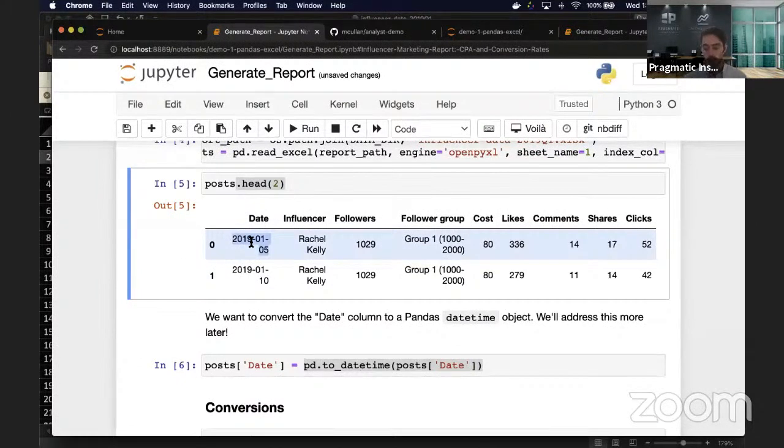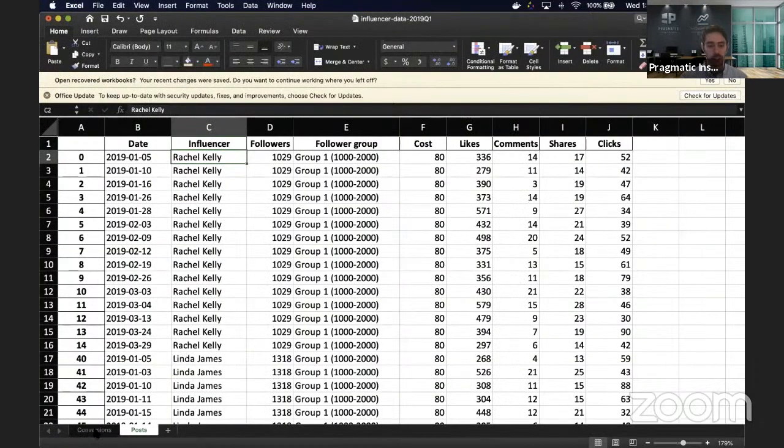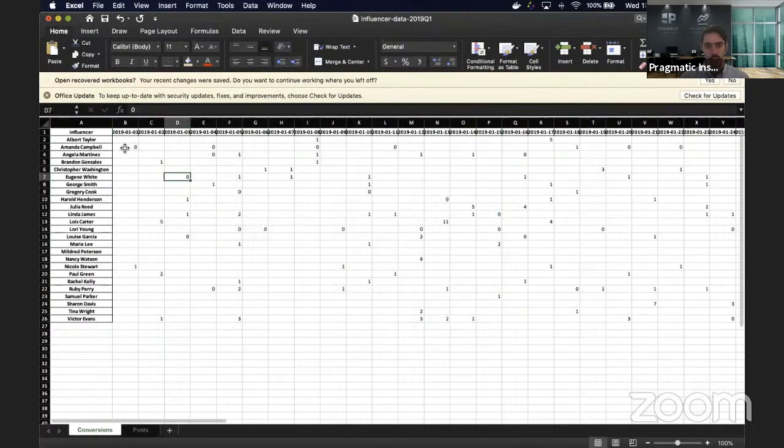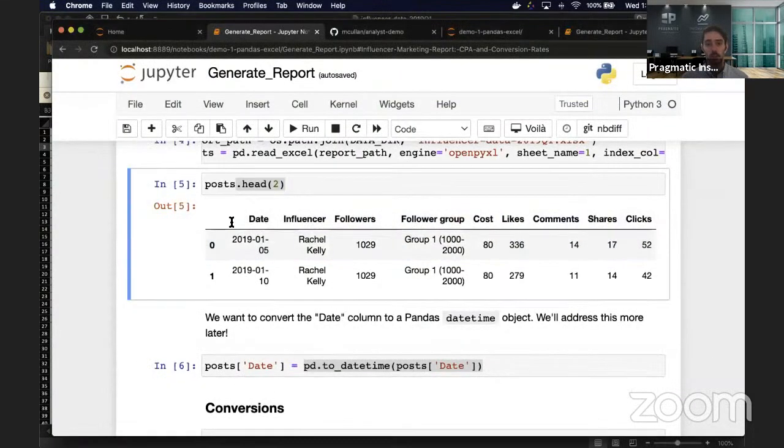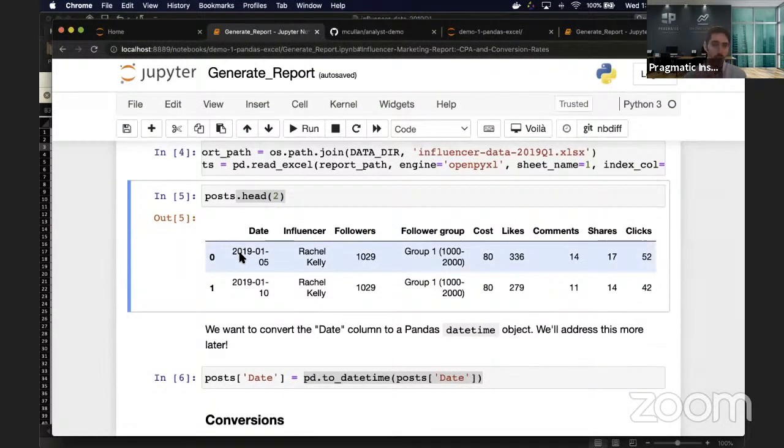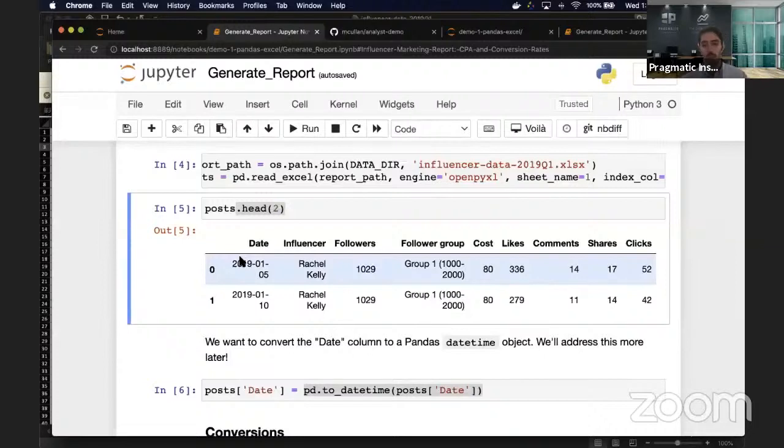We want to get these two worksheets, or these two spreadsheet pages, in the same format, where we have a column for date and a column for influencer. And then rather than this cell for the conversions, we'd have another column for conversions. And if we can get them looking the same way, we could imagine that we can join those two things together. That's what we're looking to do, because we're going to need to compute a couple of metrics for our